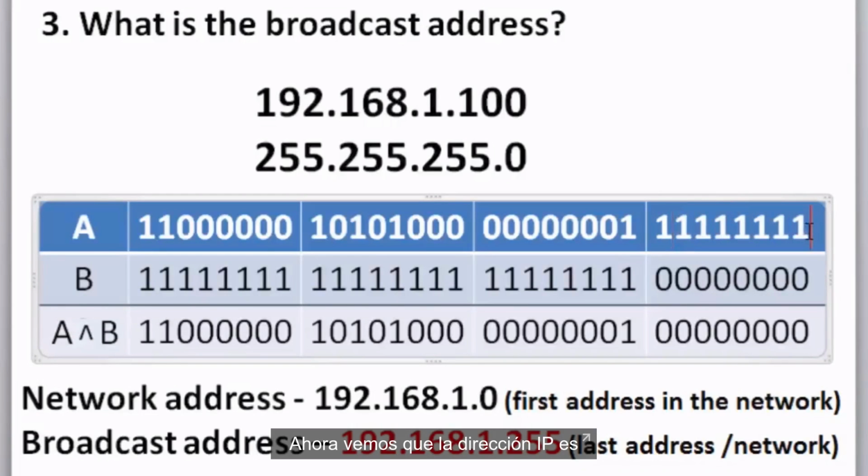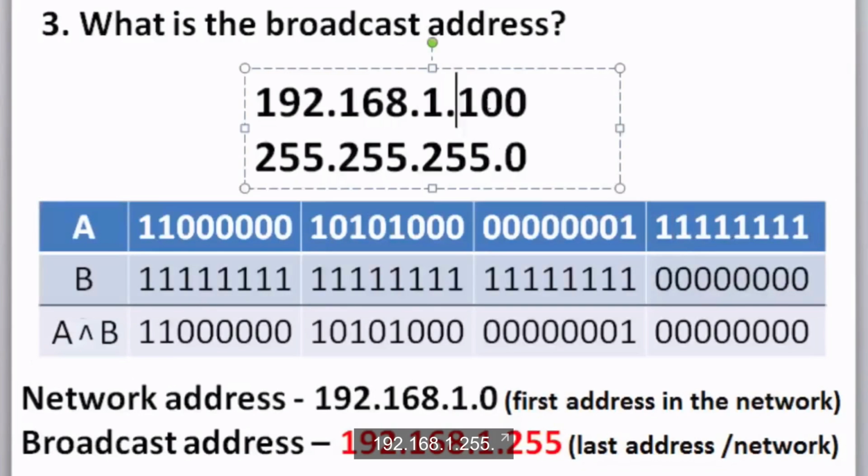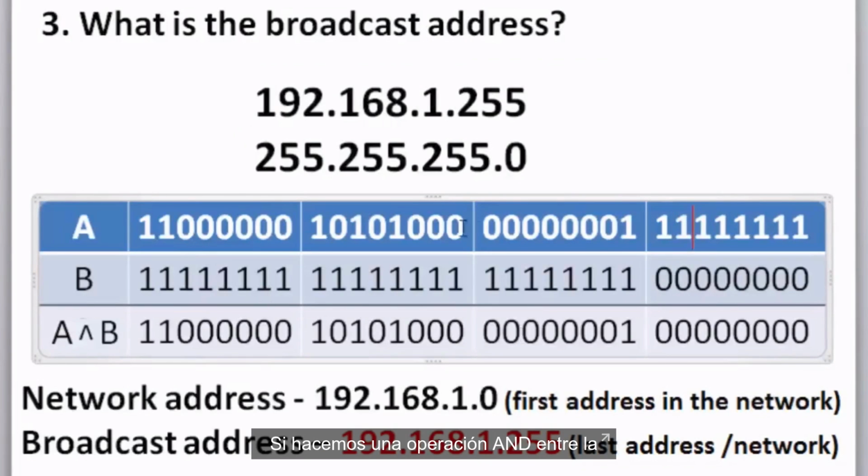So now you can see that the IP address is 192.168.1.255. If we do an ANDing operation between the broadcast address here and the subnet mask, you'll see that it generates the same result. Notice a true and a true makes a true, and a true makes a true, false and a true, a false, all the way over. And when we get to the last octet, a true and a false is a false, a true and a false is a false, and you can see that the ending result of network address is still